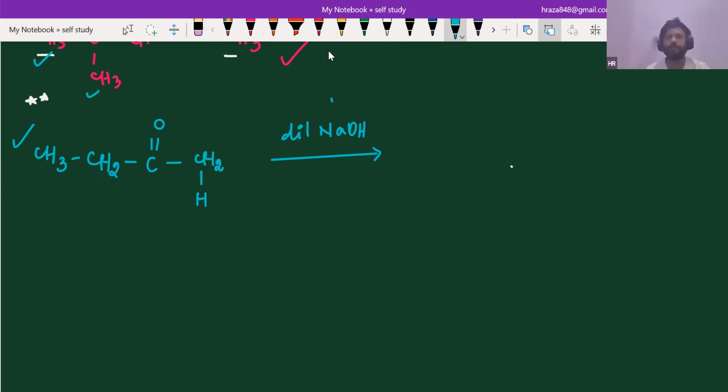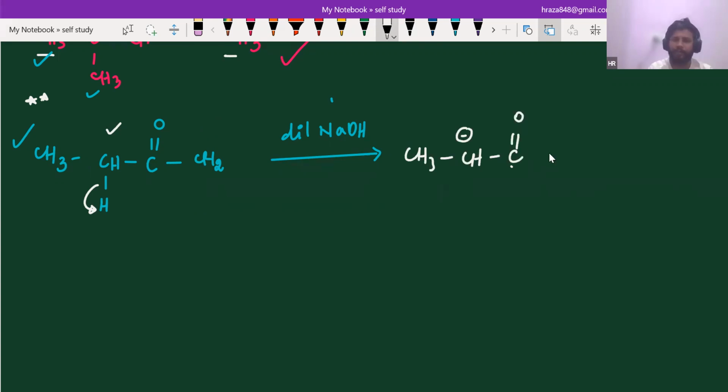Yes, everyone. So, see, it's your alpha hydrogen. Either you can take the alpha hydrogen from here or here, whatever you wish. I'm going to take it from here, in between the carbons. This is your alpha hydrogen, the most acidic hydrogen, so it will leave as H plus. So there will be a negative charge here, and there will be a double bond as well as CH2. Now we are going to take another